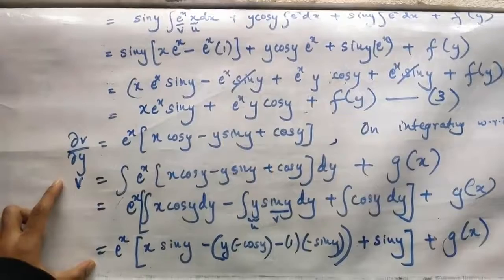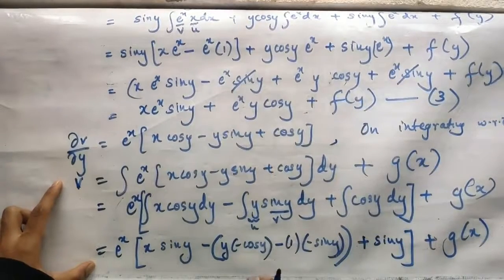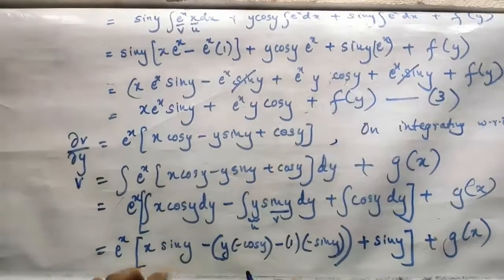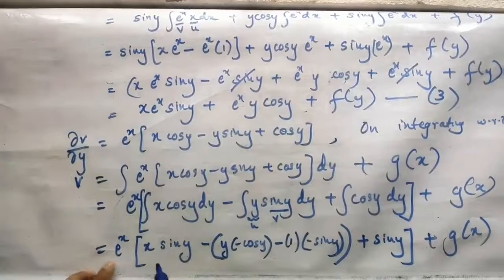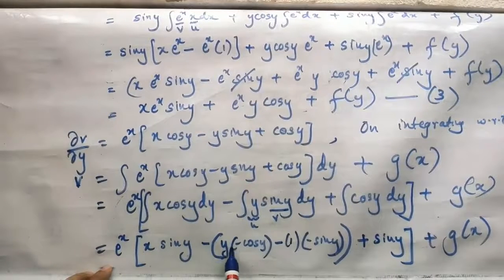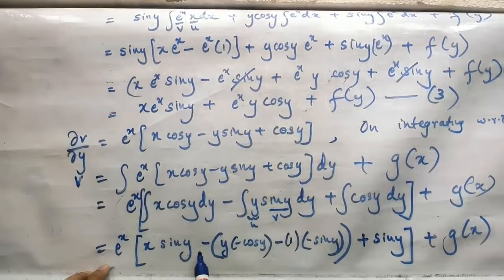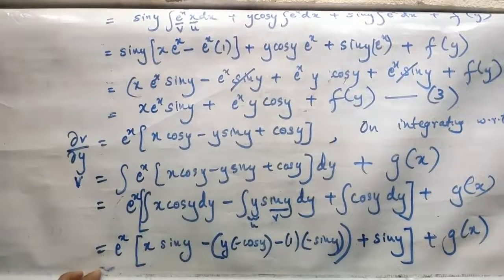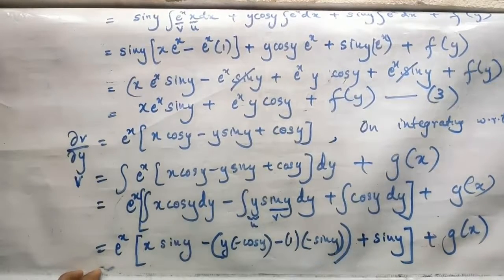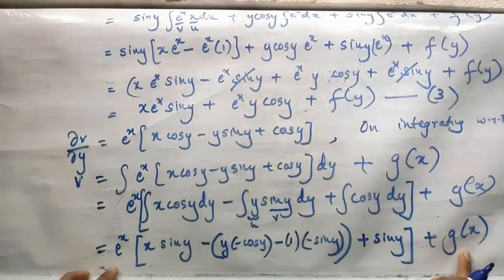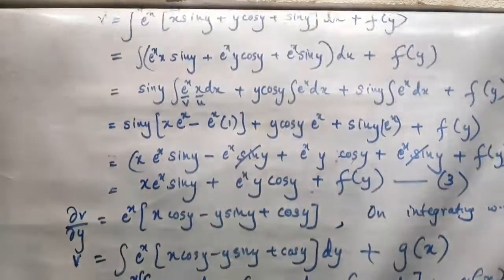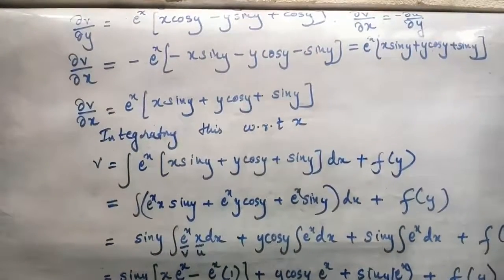Now for the further part, I'll just continue the first part of that. What you have to do is minus of minus plus y cos y. You get minus, minus, minus and minus, three negative signs, so you get minus again. So see which all terms get cancelled here. I think sin y and sin y will get cancelled. You will have two terms plus a function of x. Just simplify it. I shall be doing it here on the top of the board.